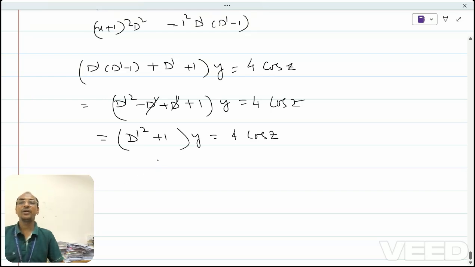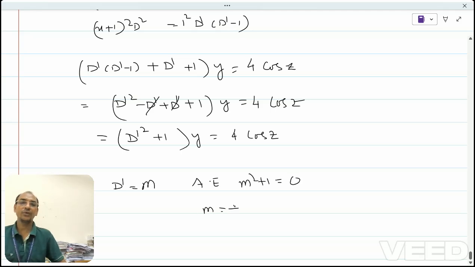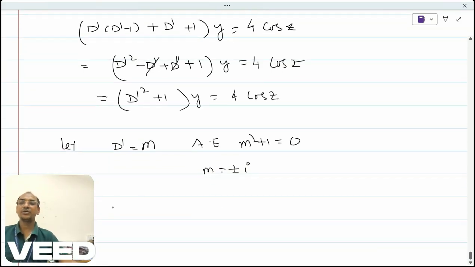Now we can find the complementary function, as well as the particular integral (PI). So what will be my complementary function? Let D dash equal to m, and so the auxiliary equation will be m square plus 1 equal to 0, and m equal to plus or minus i. So the roots are complex, where the real part is 0 and the imaginary part is 1, so the complementary function will be nothing but